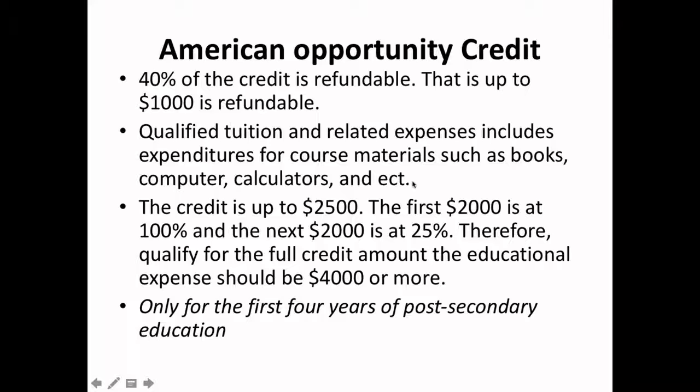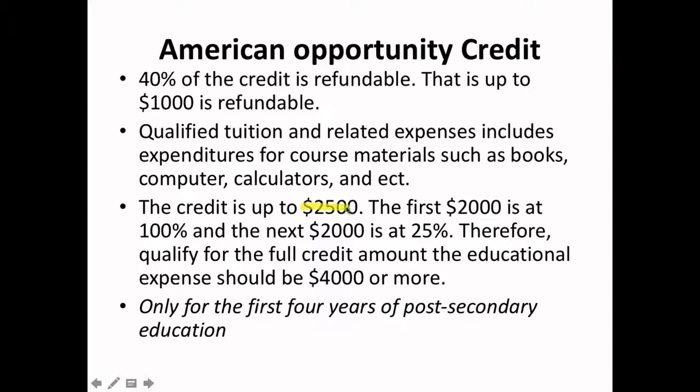And here's where I really want you to pay attention, because this is where people get confused. People get super confused here. So the American Opportunity Credit, only 40% of it is refundable. But what's the total amount? What's the total amount of credit? The total amount of credit, wait a minute, let me go back. The total amount of credit is